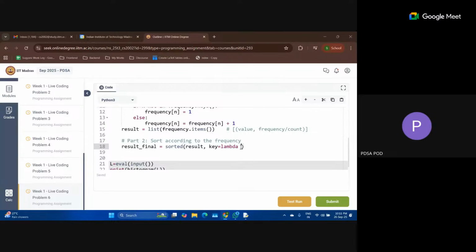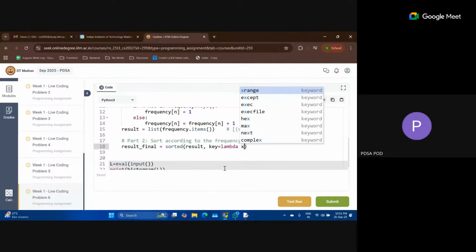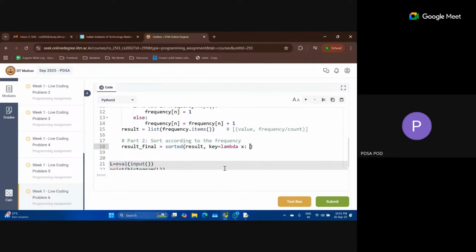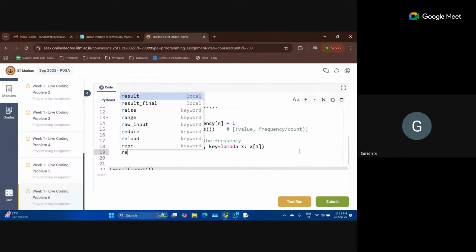This lambda function will take the input x, which is basically the sublist, and it will return the first element of this sublist. So this lambda function will give us a list containing the element at index position 1 in each of these sublists, and according to that, the sorted function will sort this result list.